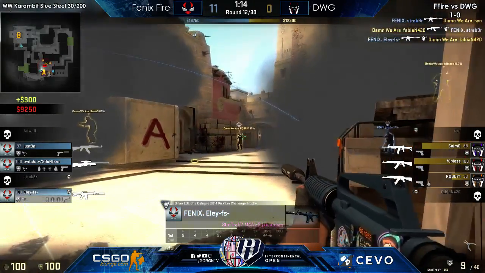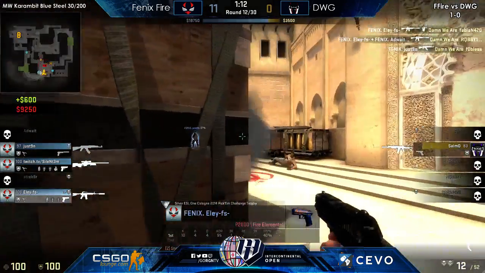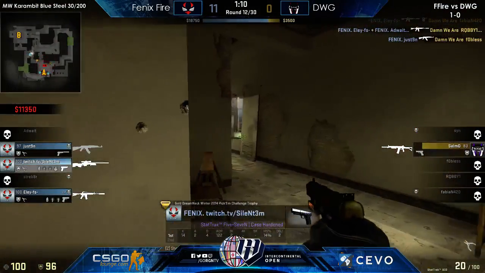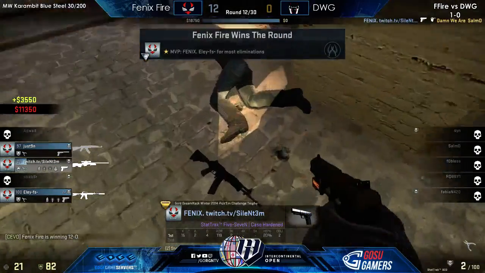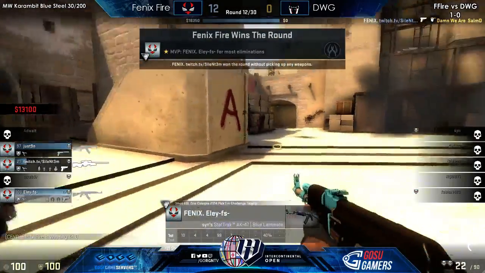Roberts only with 1. Ellie, though, peeks out, and he's going to get a double for himself. Justin still alive underneath the Palace, and Salmo in a 1v3, and Silent's going to come up behind him, finishes him with the 5-7. But as I was saying,